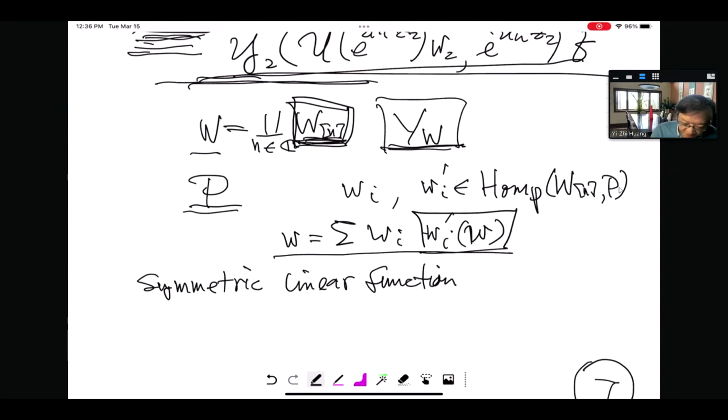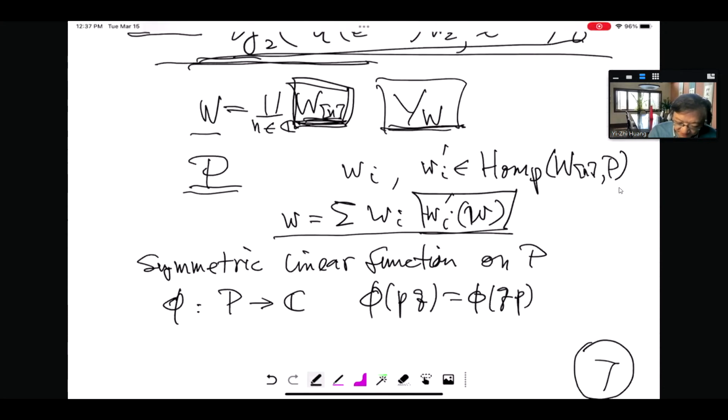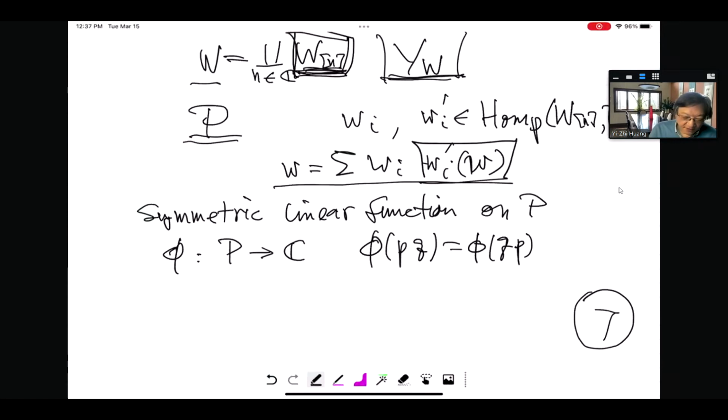So what is a symmetric linear function on P? It is a map from P to C. It satisfies this symmetric property. It's a linear map, certainly, with phi(PQ) equal to phi(QP). Okay, so this is a symmetric linear function. And then using this symmetric linear function, we can define the